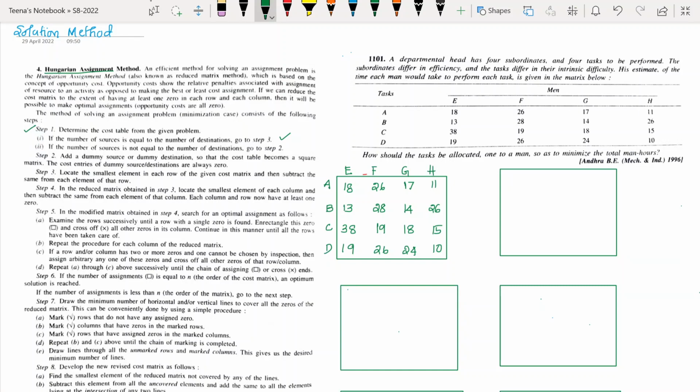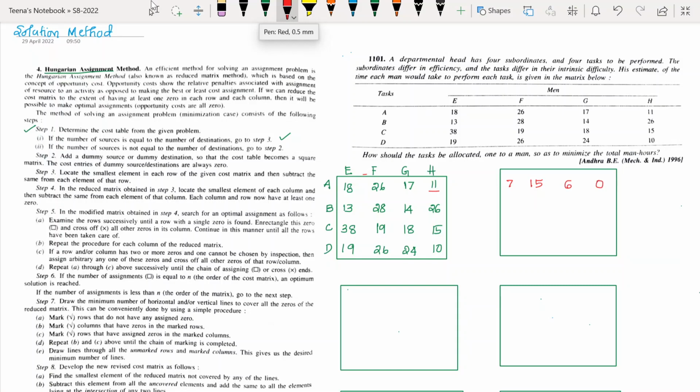Locate the smallest element in each row of the given cost matrix, and then subtract the same from each element of that row. So let us take the first row. We locate the smallest element, which is 11, and subtract this 11 from each of the elements of this particular row. So 18 minus 11, then we have 26 minus 11, then we have 17 minus 11, then we have 11